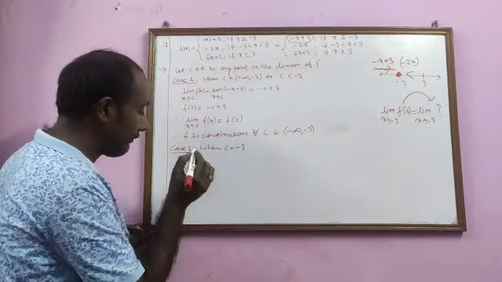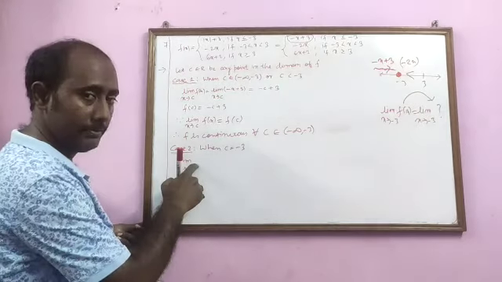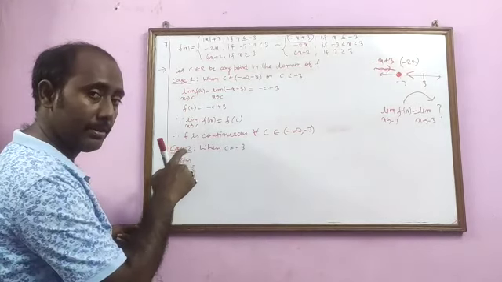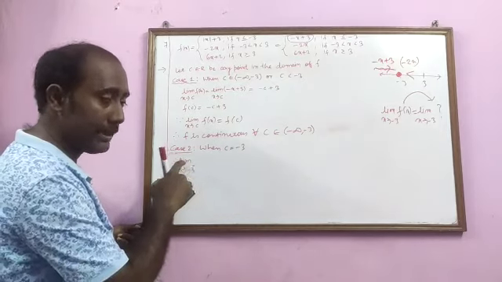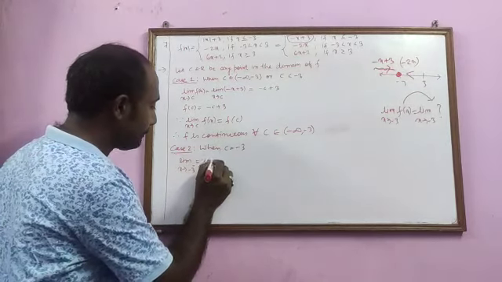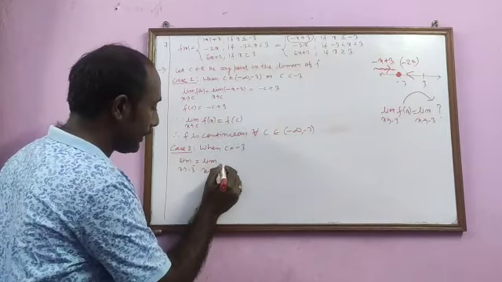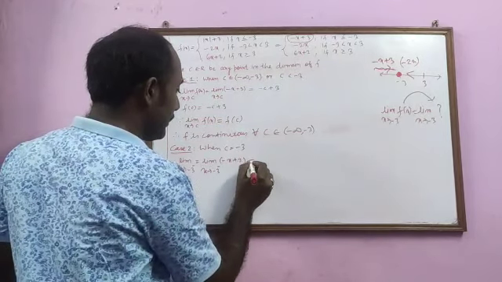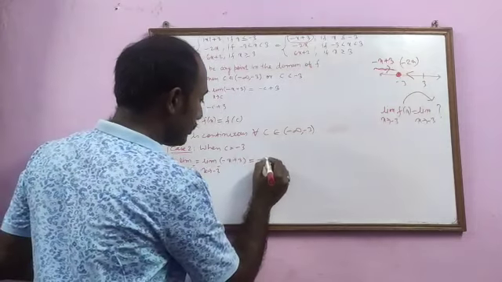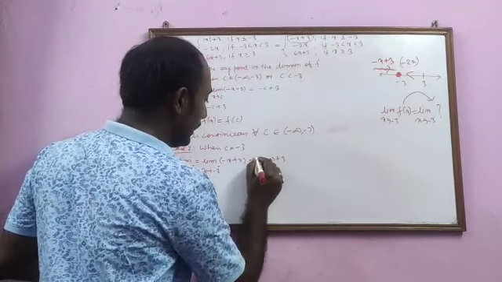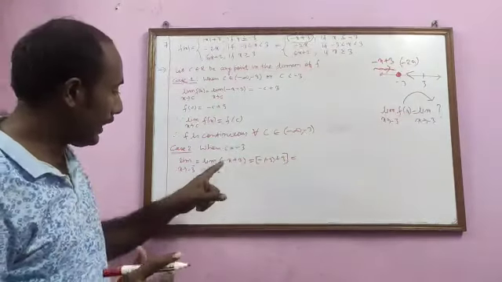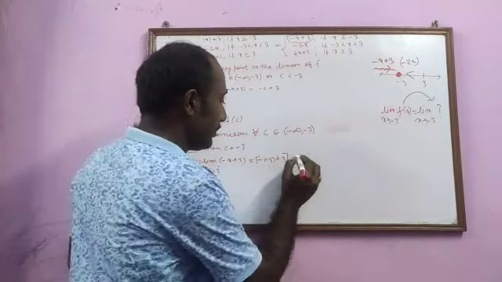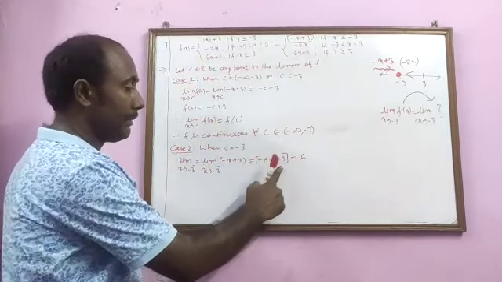So here first I will take the left hand limit. Minus 3 minus is for the left hand limit. Minus 3 minus means a value approaching minus 3 but less than minus 3. That is, the minus sign at the top is indicating that the value is less than minus 3. So this is equal to limit x tends to minus 3 minus of, and when it is less than minus 3, the expression is minus x plus 3. Next, we will replace x by minus 3. Don't get confused, dear students. I have replaced x by minus 3. So minus x will become minus of minus 3 plus 3. So this will become 6, because minus of minus 3 is plus 3, and plus 3 is 6.